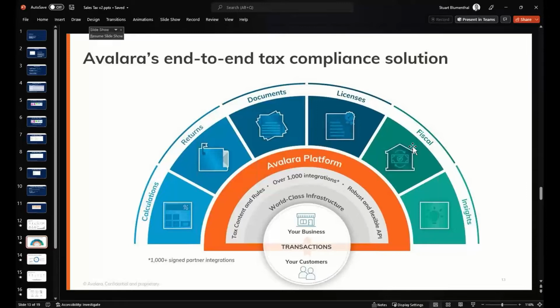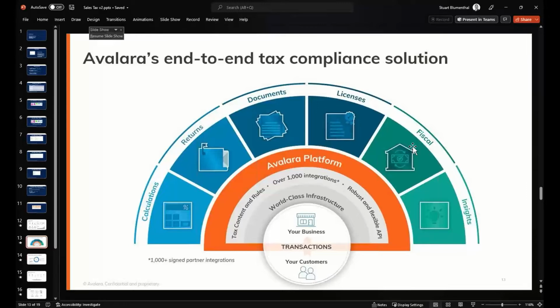Documents. If you have any customers that you're not charging sales tax to, then you need to have an exemption certificate for that customer, right? You need to prove that you shouldn't be charging sales tax. And the things that businesses are caught in during an audit, exemption certificates is a huge one, because it's just an afterthought, this document that you need to store. So we actually help our clients to collect up-to-date records from their customers. We store that, and then